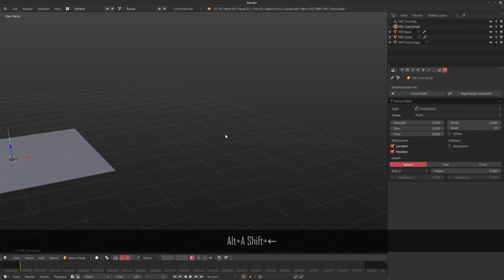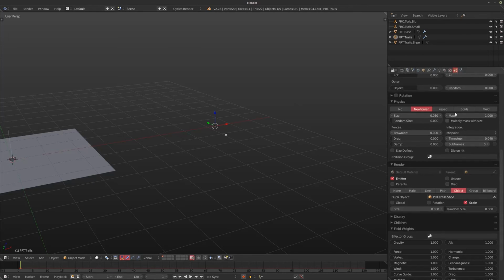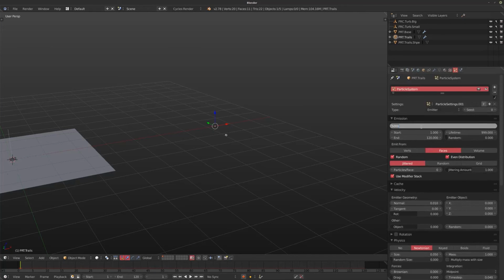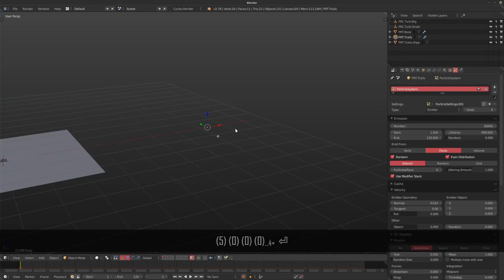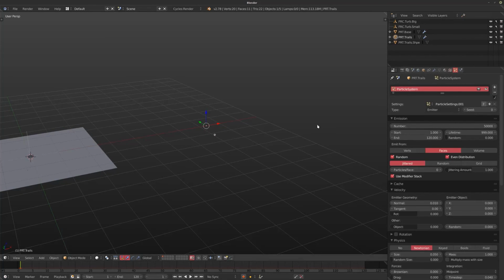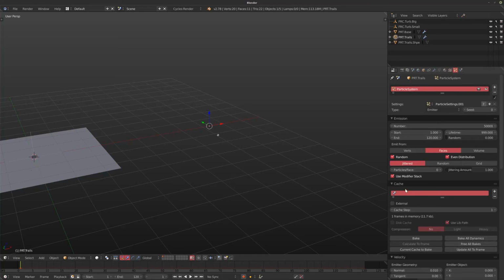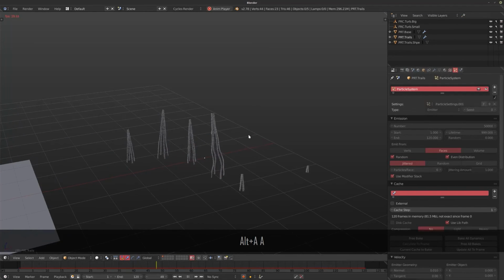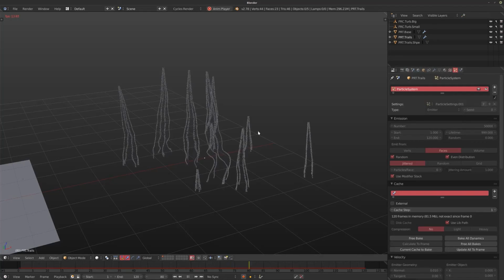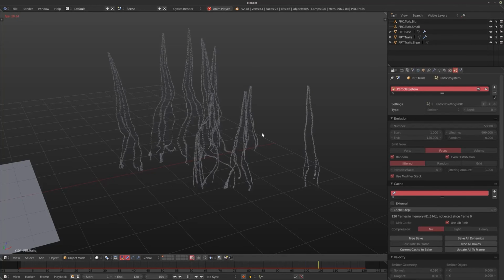Now, to get this to look even better, what we're going to have to do is crank up the amount of particles. So I'm going to crank them up tenfold, set the number to 50,000. And let's see, I'm not going to bake it to my disk. I'm just going to bake it in memory for now. And this is still fairly quick. Remember, we're only at 50,000. I used 3 million for the final result. But if we play this now, you'll see that you get these really nice looking thick particle streams that are breaking apart as the turbulence takes hold of them.